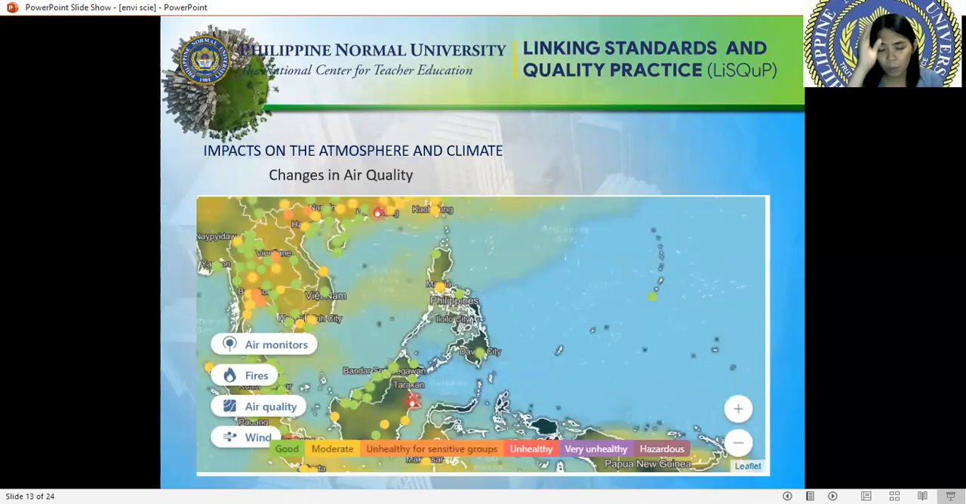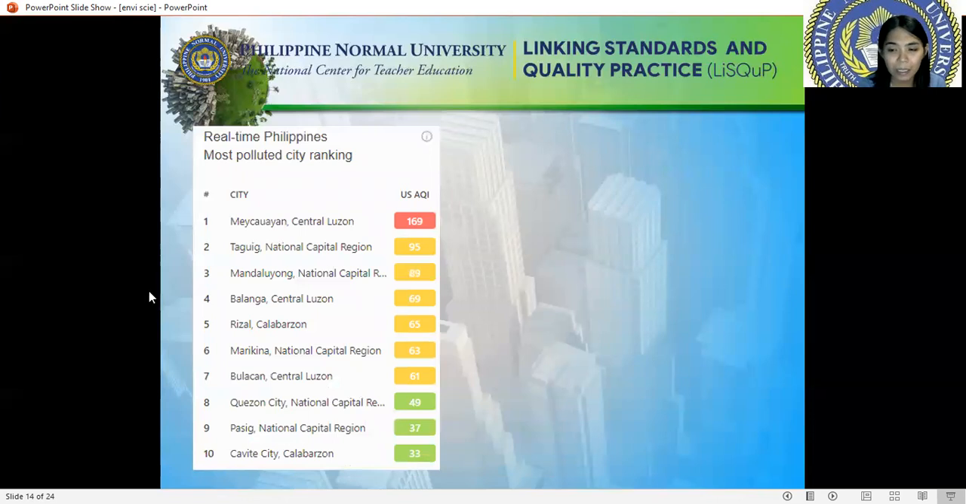And then this one is also about air quality. If you try to compare the Philippines to other countries, the Philippines has a good to average amount of air quality, or rather clean air, compared to other countries. I have cited some data here, but this data was taken in 2020. So in December 2020, Meycauayan, Bulacan, Central Luzon